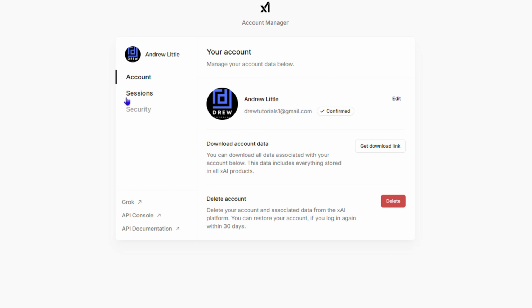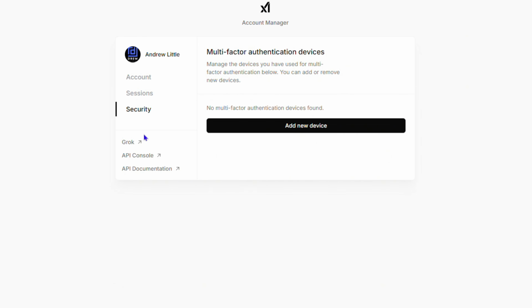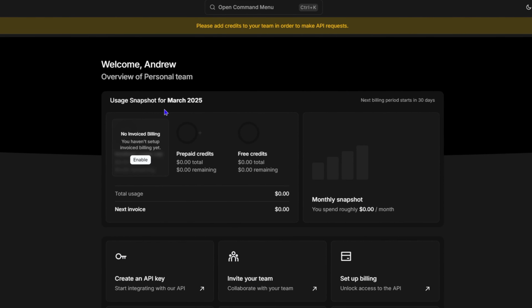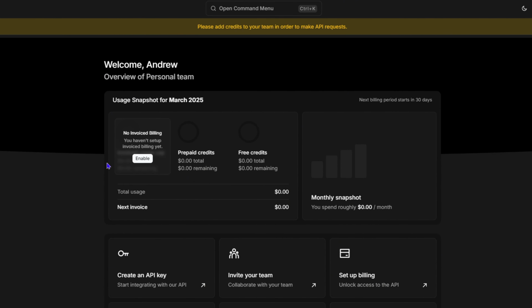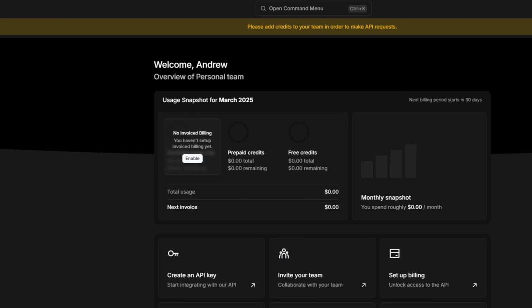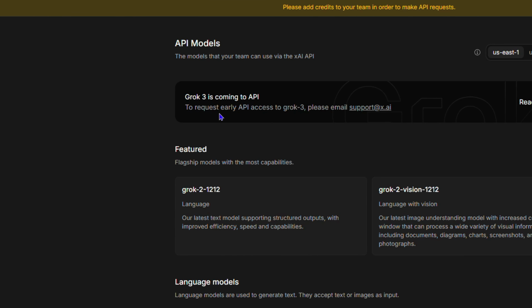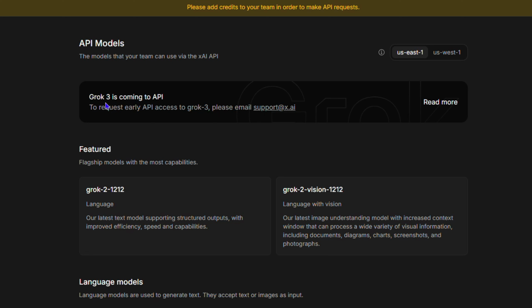Now, you have some session information and you also have security information. You can add devices. For people who are interested in using the API of Grok, you can easily go here, and by clicking here you can come over to the API section. If you want to use, for example, the API of Grok 3, you can simply click on the option that says API models, and you can see that to get access to Grok 3, you just need to send an email to